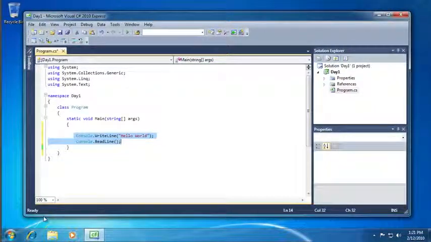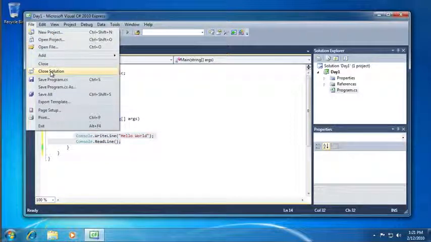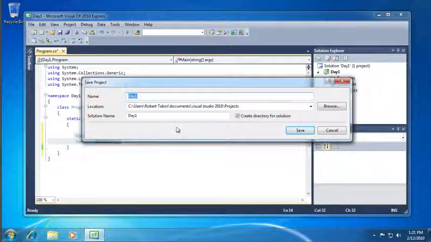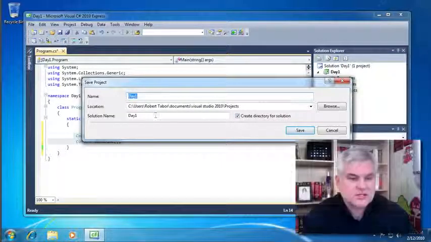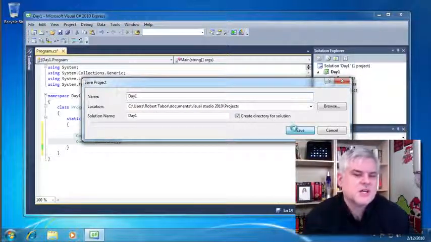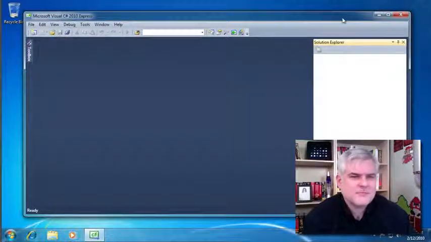Now let's do this just for fun. I want to close our application. Let's just close the solution down, and it says, do you want to discard the changes? No, I want to save those. So let's go ahead and save this into the default location, which will put it in your documents directory on Windows 7. And it'll also create a directory for the solution called day one. We'll talk about solutions and projects a little bit later and what their relationship is. Let's just click save, and let's shut down